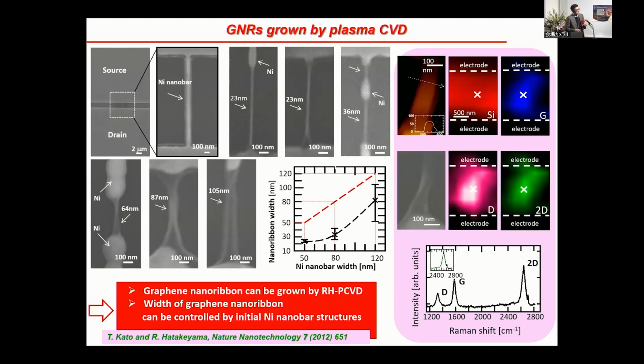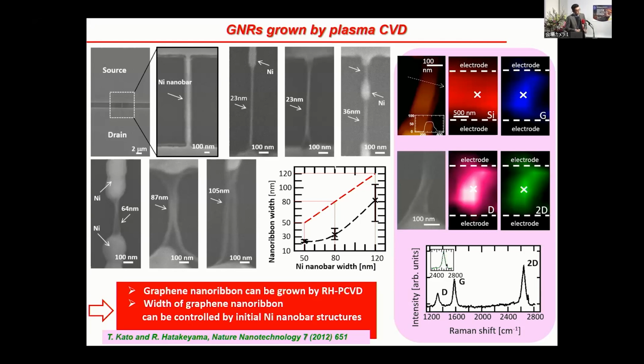So that's why the as-grown graphene nanoribbon can be used for FETs without any post-treatment. So this is a very promising, practical method for scalable device fabrication using one-dimensional graphene nanoribbon,